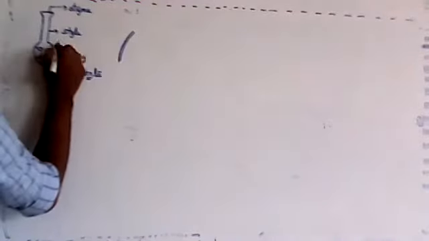Our next structure will be something like this. So this is your placenta. The ovary has two walls, outer and inner. The inner wall is called the placenta. So in this same diagram of the ovary, if you enlarge it, it will have an outer and inner layer. The inner layer is called the placenta, and the ovule is attached to the inner layer.